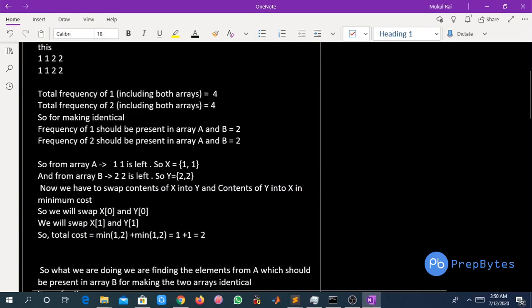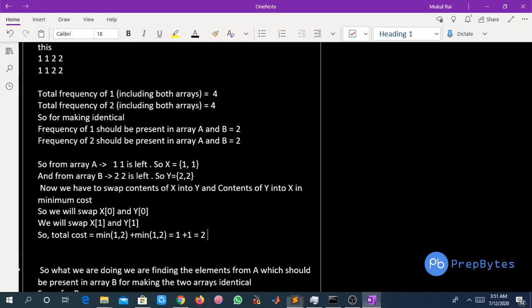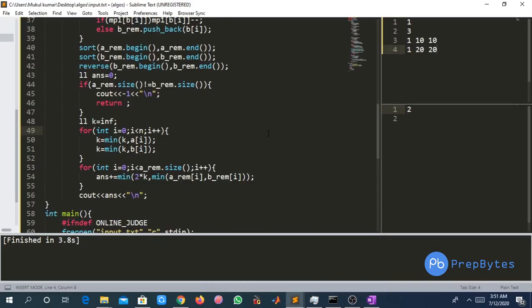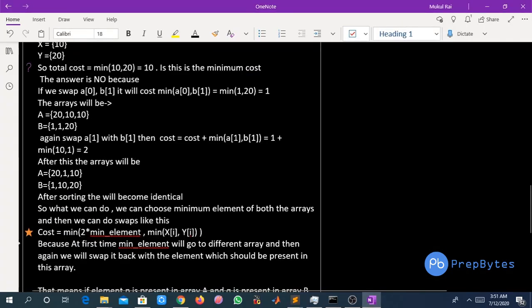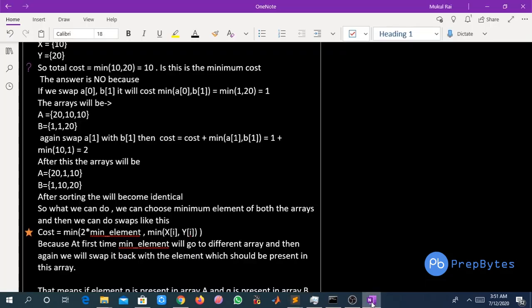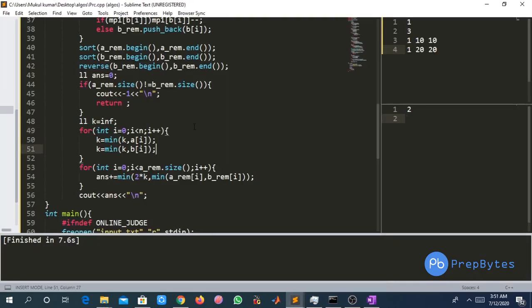So 2 should become our output. So here as you can see 2 is coming as output, right? Let us run some more test cases for this. So the output for this should be equal to 2, right? So as you can see 2 is coming as output, right? So the solution is working, the code is working perfectly.